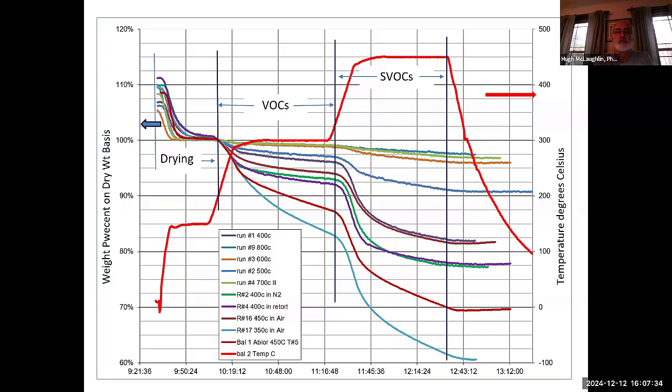Let's use this instrument to strip off the VOCs, and then at a higher temperature. So we start drying in red there at 150. We go up to 300. We hold it for a fixed period of time, and I've fixed that as an hour just to be standard. And then we go up farther to 450 and higher boilers come off. Are these rigorous partitionings? Not until a lot more data by other people come in, but they are at least